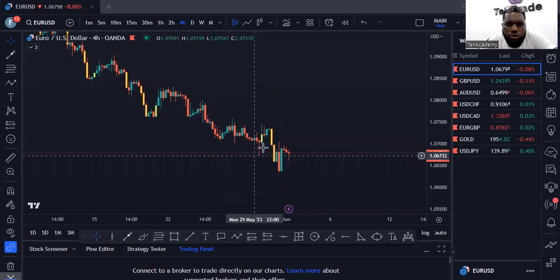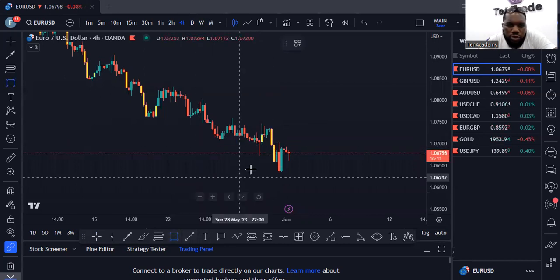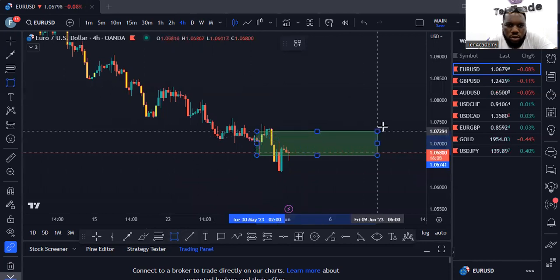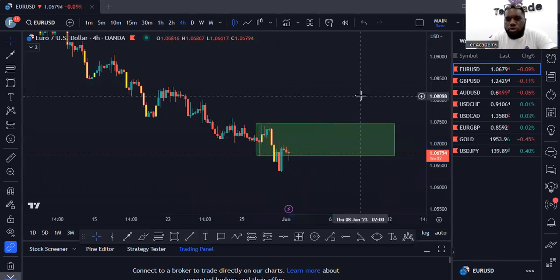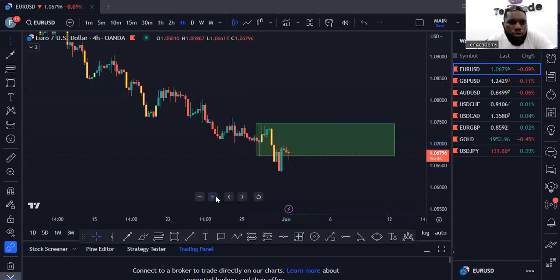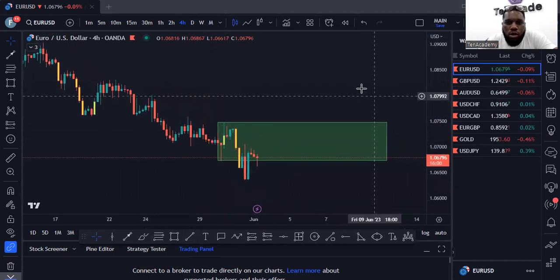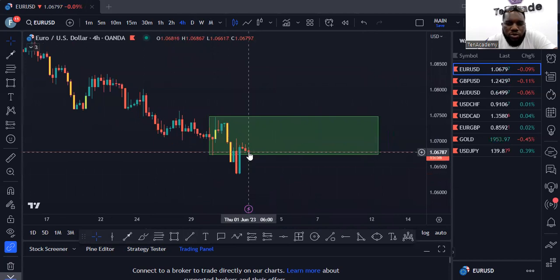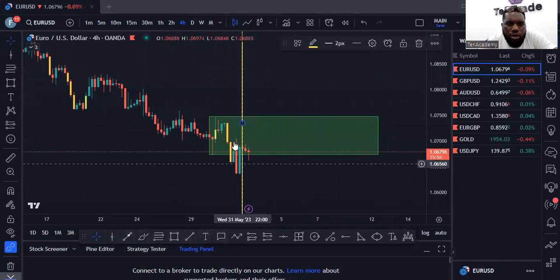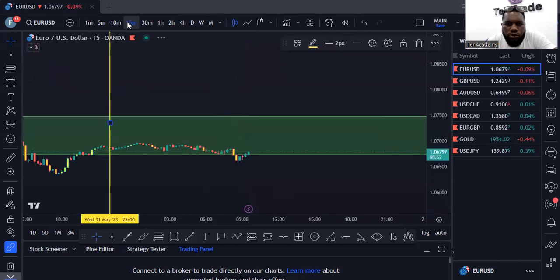So over here is a zone where you want to look for entries. This is a supply on Euro USD on 4 hours. So price is currently in that zone. Now, if I look at the character of the retracement into the zone, take a look at what's going on